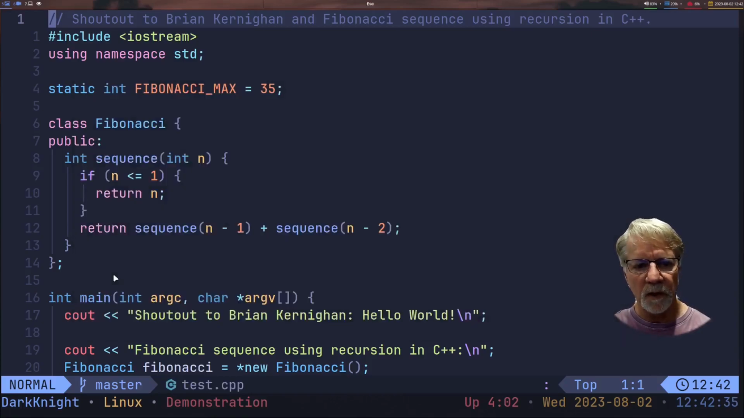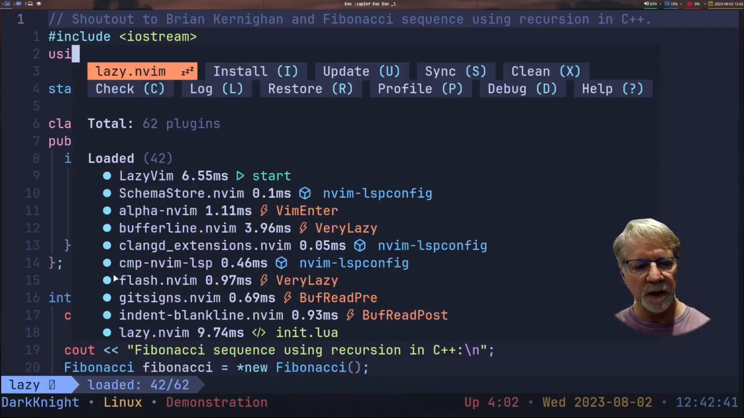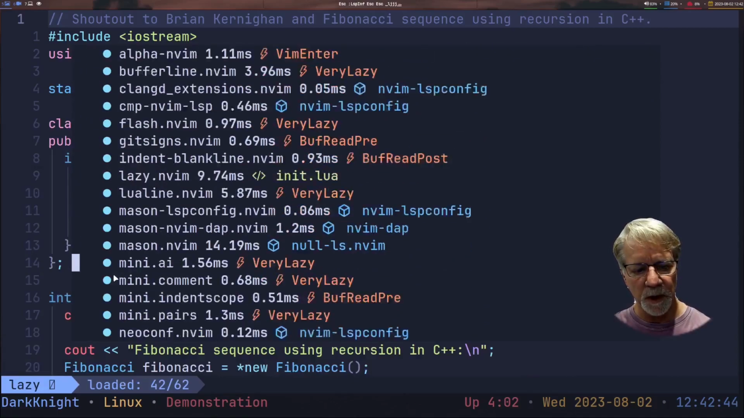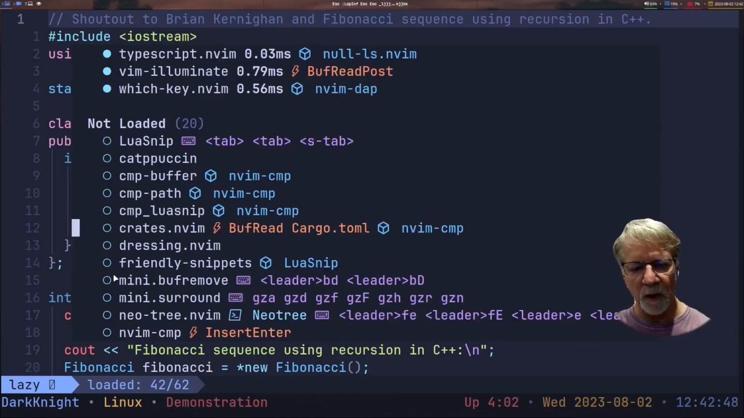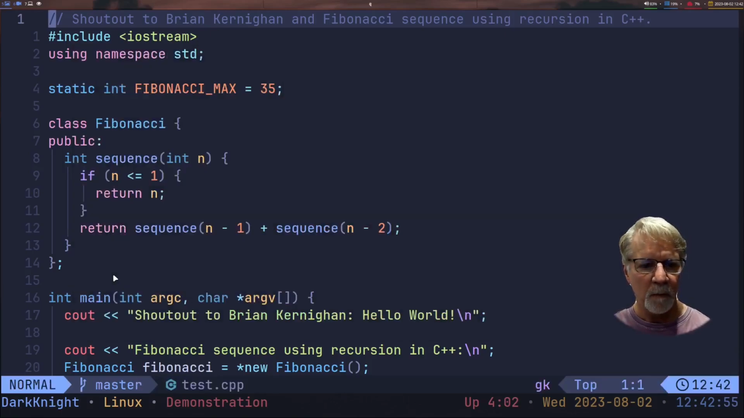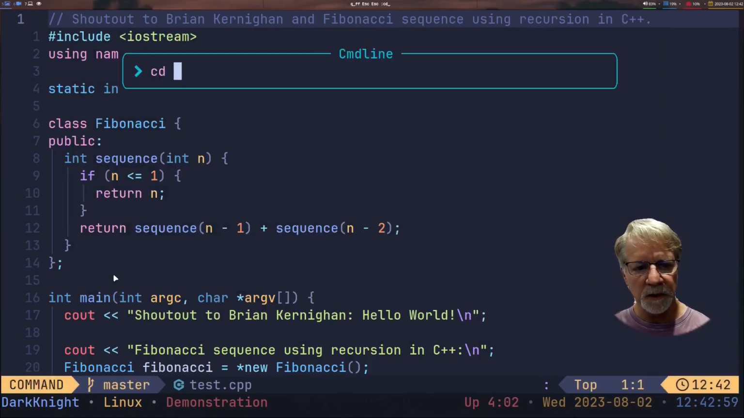So if I go back into LSP info, I'm sorry, if I go into Lazy and look at that, I've got 42 plugins loaded, and so if I load a Rust file, I would expect crates to load. So what we're going to do at this point is I'm not going to exit NeoVim, but what I will do is a find file, and I'm going to CD to my root directory, and let's get YouTube